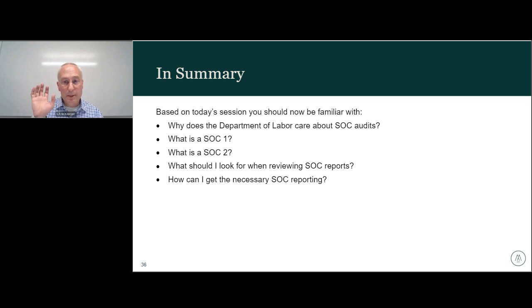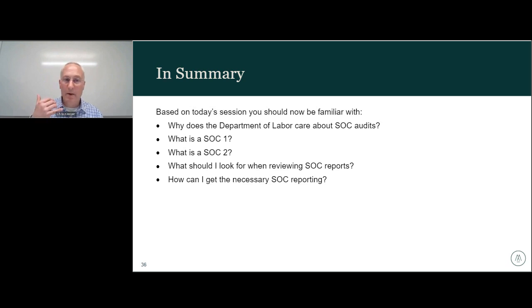The purpose of a lot of the second half of this session was really designed to give you a good idea of what to look for. Maybe it doesn't answer all your questions, but gives you a good idea of what's contained in these reports, the sections of the reports, how to review them. And if you're really looking forward to the next steps, it's how do I ask a vendor for these, which comes down to,